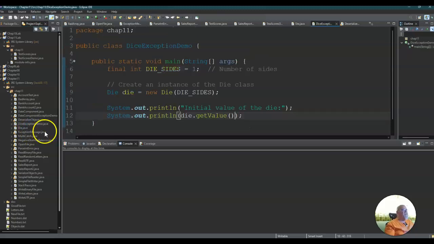Now, if we open up the DiceExceptionDemo, we can see there that we have a final int DIE_SIZE equals 1, so we've got a constant for that. We go ahead and instantiate our Die object called lowercase d, die, as a new Die. We're going to pass in DIE_SIZE, which is 1, so that's going to cause an error. And then we're going to show the initial value of the die, and then we get the die value. And so when we run this,